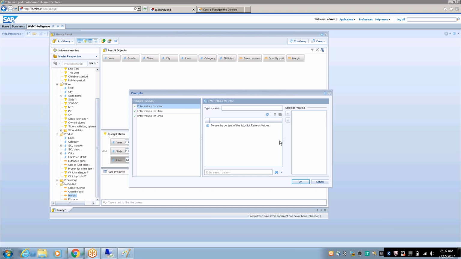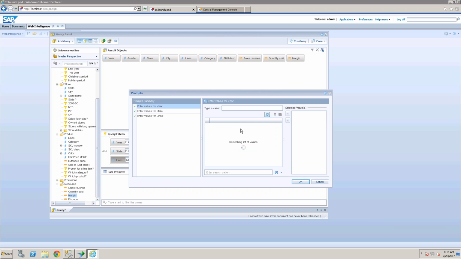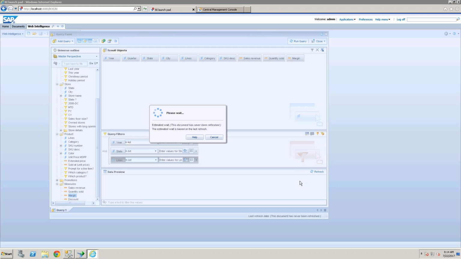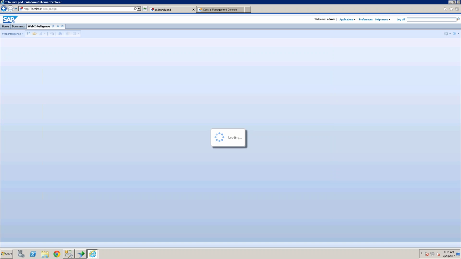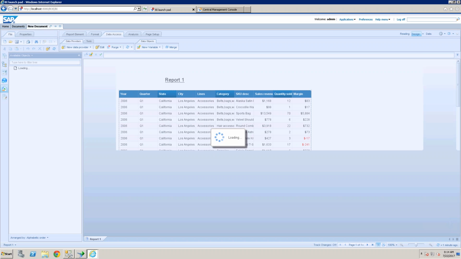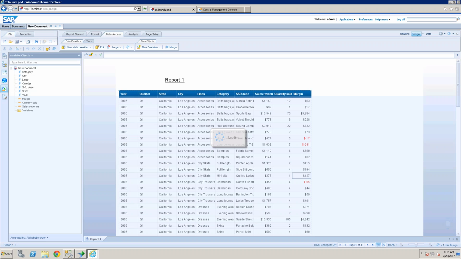And if you select any value, it will show only that specific data. So I'm selecting the 2006 data. Click OK. So it will display only the 2006 data. So I'm just making a gist of these columns.